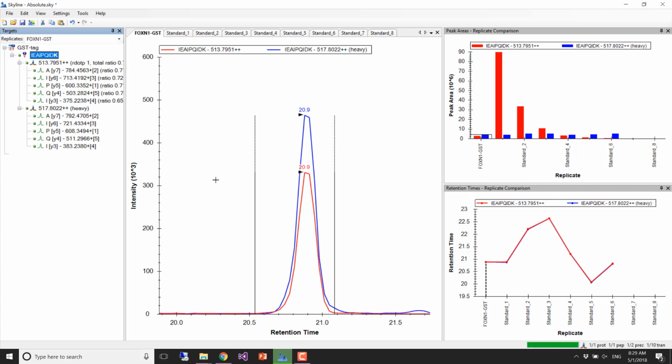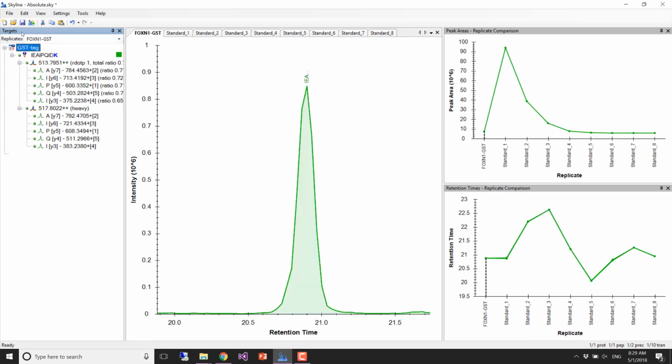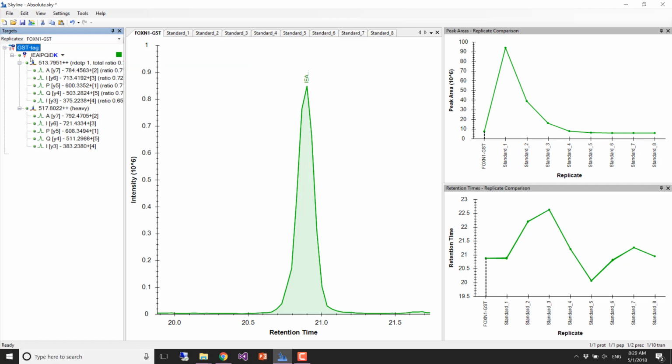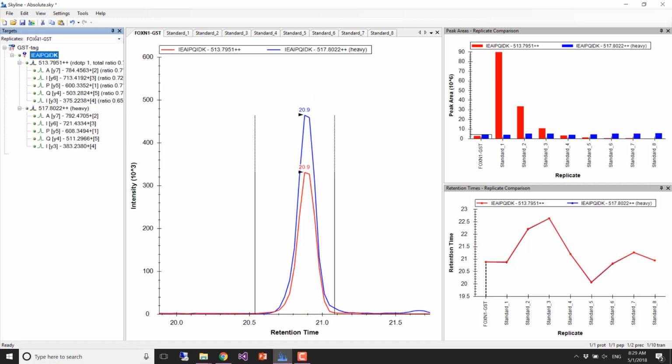For retention time? For the replicate, this one, you have that? Yeah, so you just have to select the peptide itself. So this is a protein, and you'll get sort of every peptide in the protein. You'll see here's the little green thing showing you that's my peptide. But yeah, if you select the peptide itself,